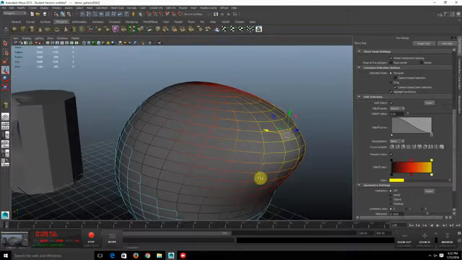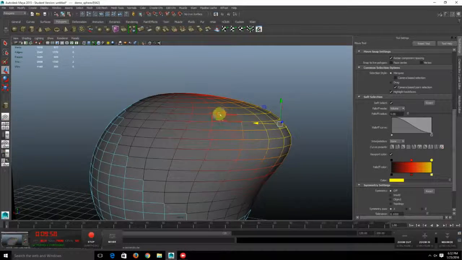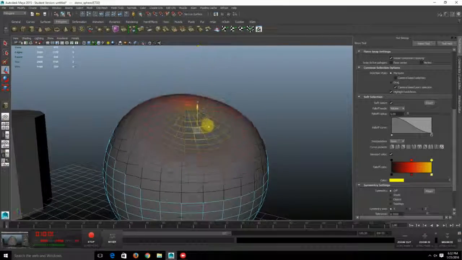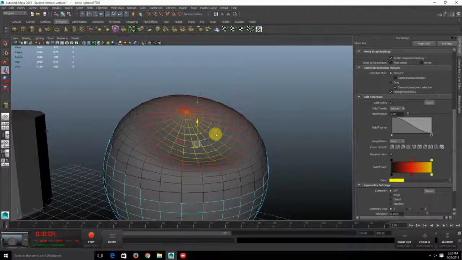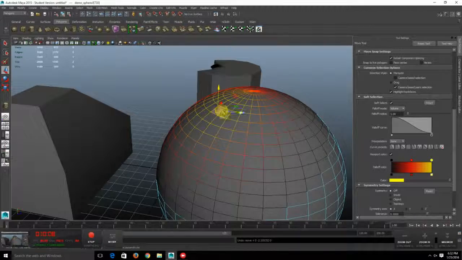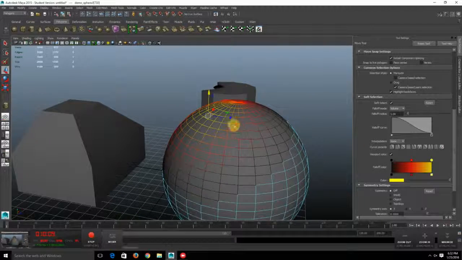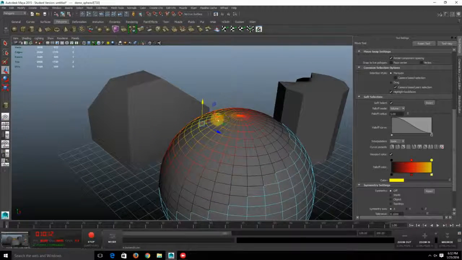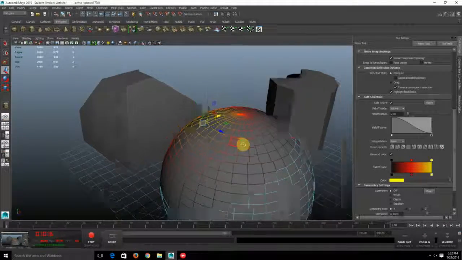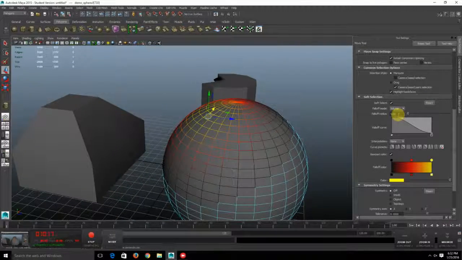Ooh, almost crashed there for a second. And it moves everything else with it. But the neat thing about this is it has a falloff effect on it. So anything that gets further away from this polygon face is pulled in a weaker way. Now this can be adjusted and changed by going to the soft selection and choosing the falloff